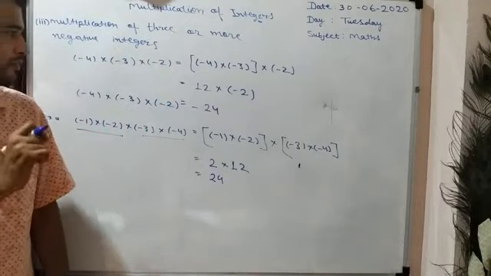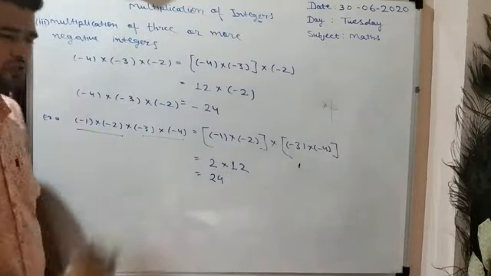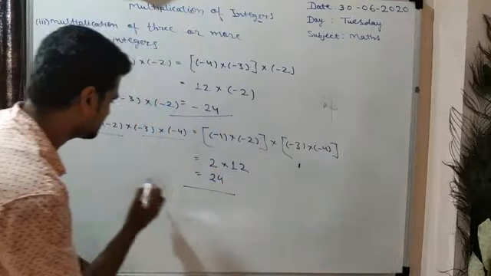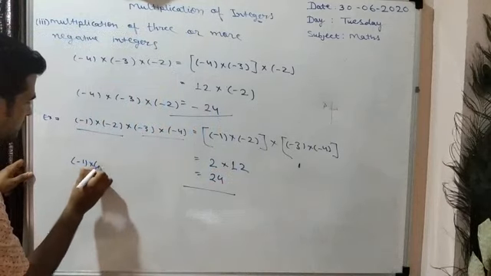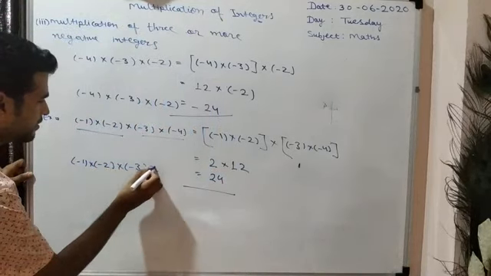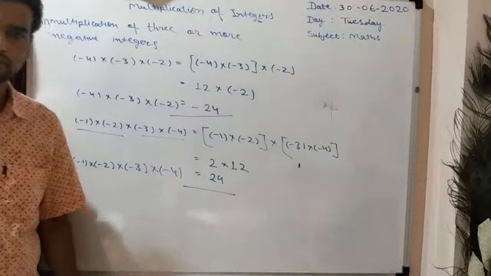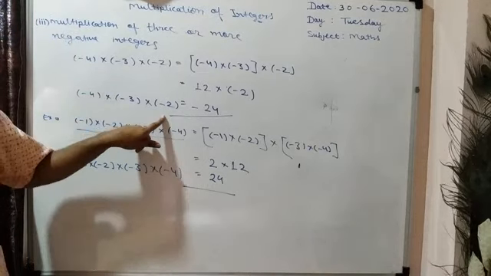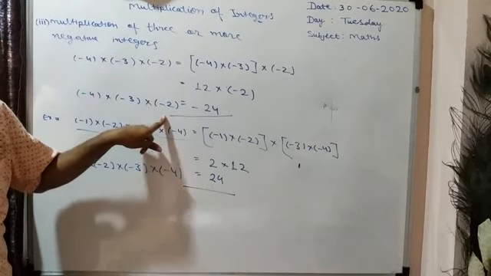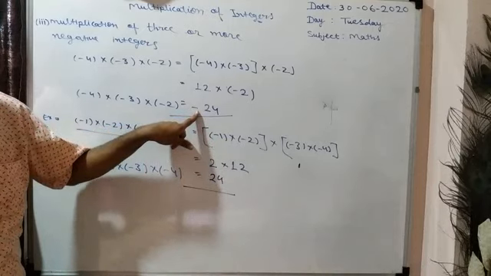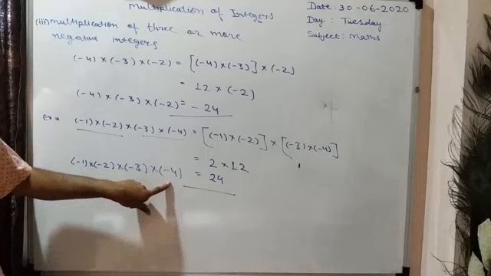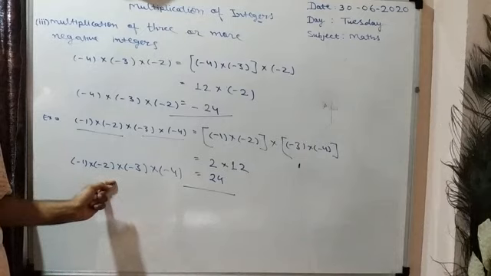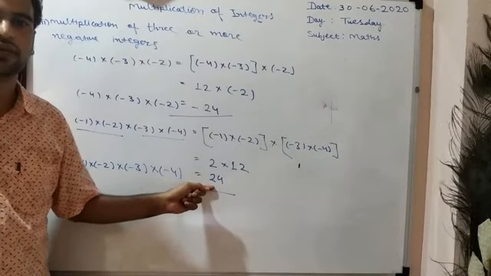Okay. What can we observe from these two results? Here we have -1 into -2 into -3 into -4. What we observe here: if we have 1, 2 and 3 minus signs, then the result is negative. When we have 1, 2, 3 and 4 minus signs, it means whenever we have 4 negative integers, the result will be plus. So we can conclude here,